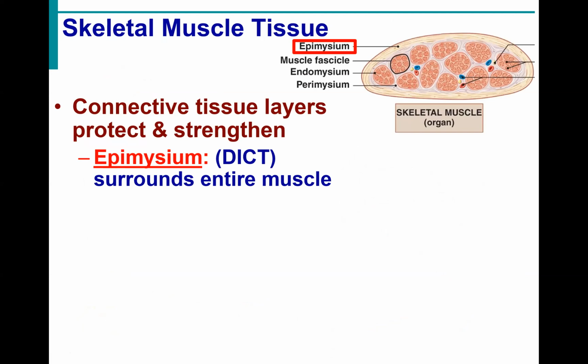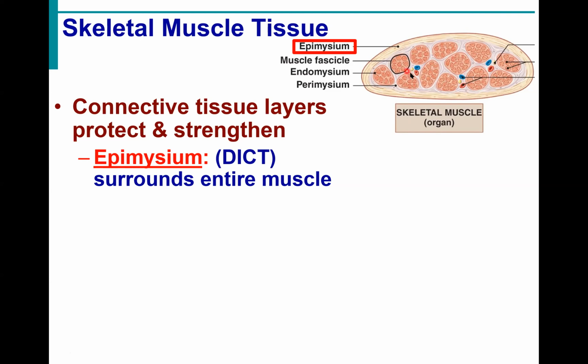Again, I started at the cell and built my way up. This illustration does the opposite. It starts big and breaks its way down. Notice here we have a cross section through a muscle, like the biceps brachii of your arm. It is the organ. Again, notice inside are bundles of muscle cells. Each bundle of muscle cells is known as a fascicle. So I'll count 1, 2, 3, 4, 5, 6, 7, 8, 9, 10, 11, 12. So we have 12 fascicles in this single